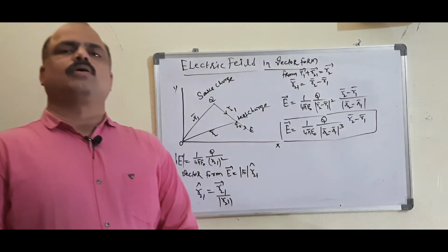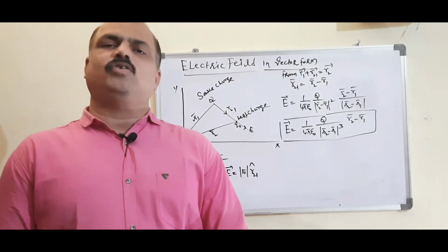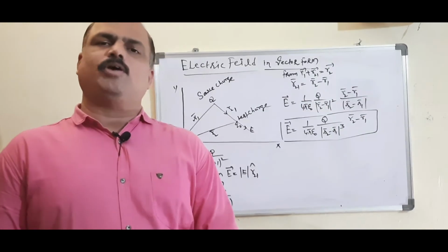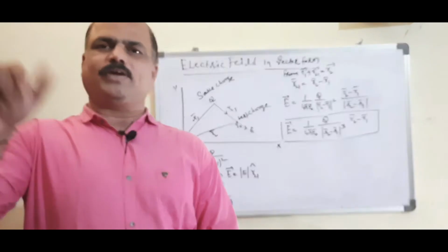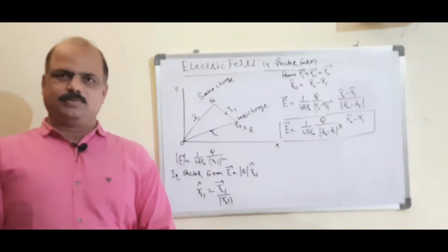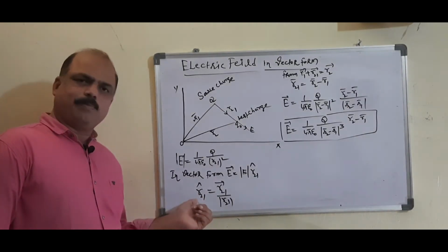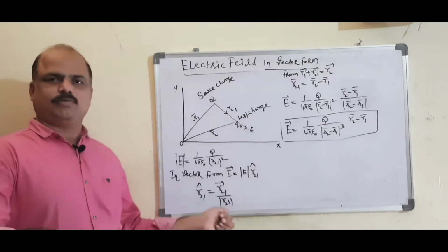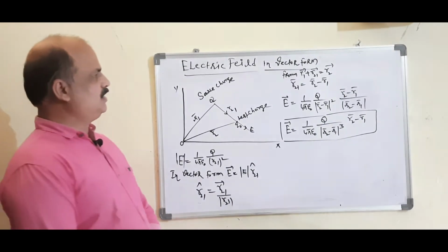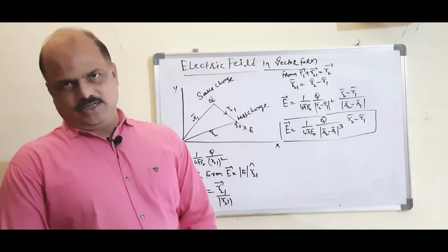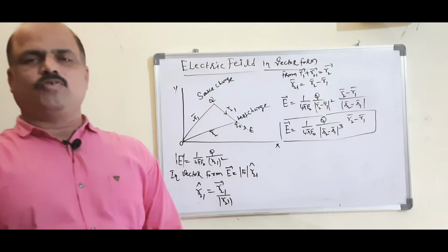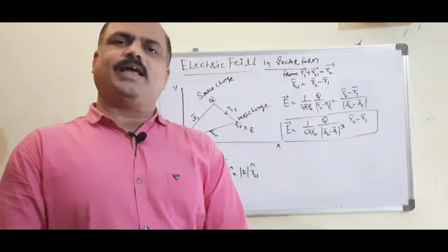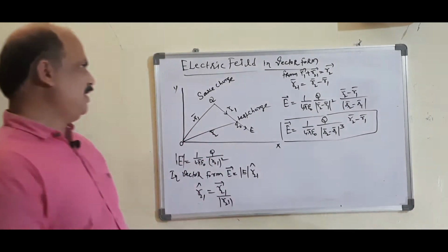Do you know how you found the unit vector of A bar in first year? There is a formula. The unit vector of A bar, that is A cap, is equal to that vector by the magnitude of that vector, A bar by mod A. Like that, here R21 cap is equal to that vector R21 bar divided by the magnitude of that vector, mod R21. Right. We know the triangle law from first year. What is the triangle law? If the first two sides are taken in order, the closing side is taken in reverse order. Using that triangle law in vector, we write like that.